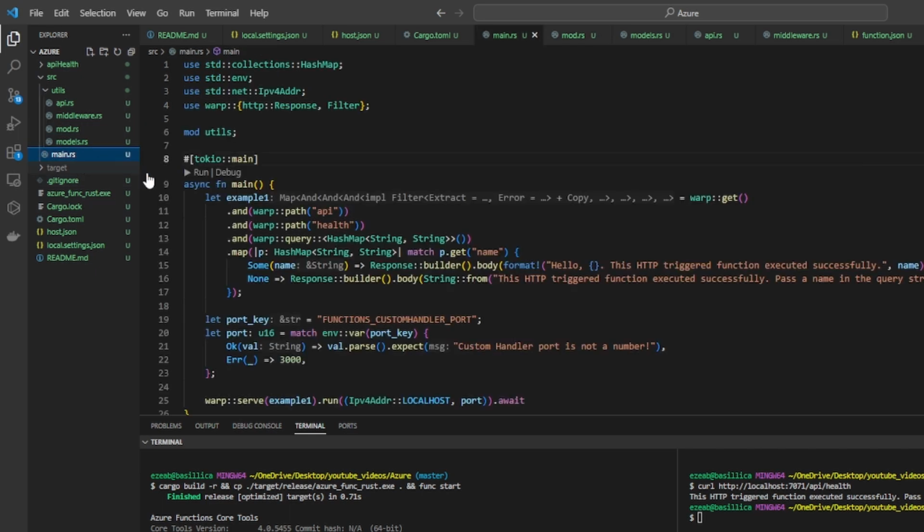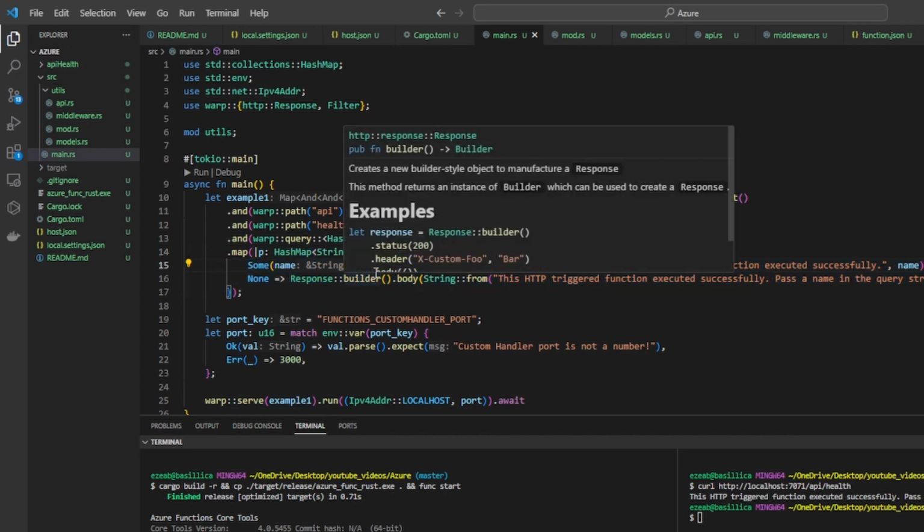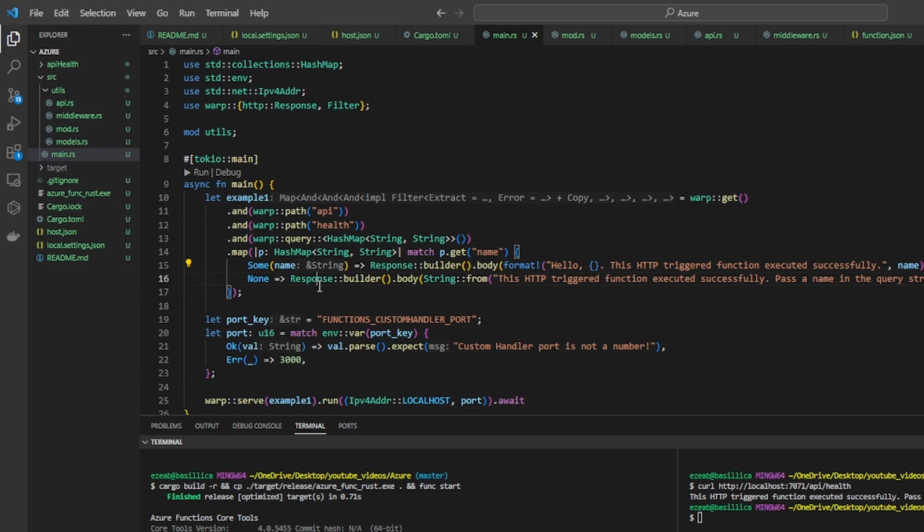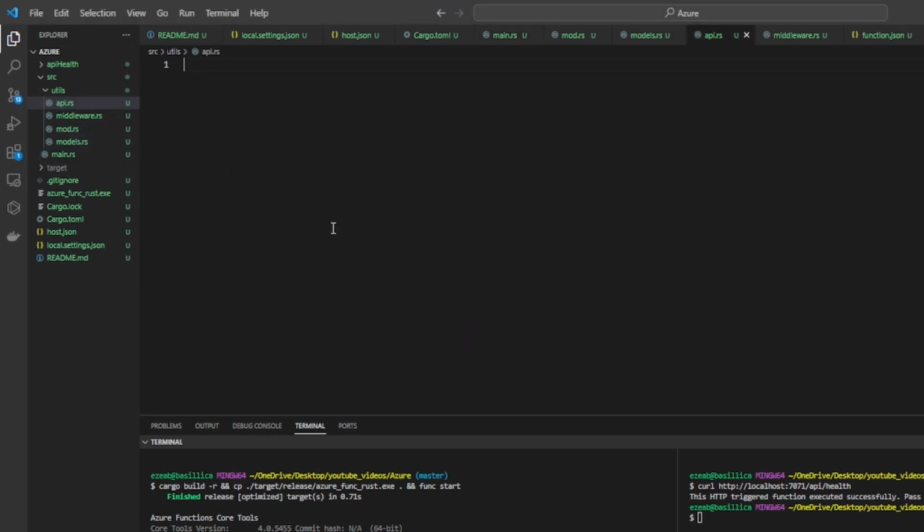So if we come back to main, you could see, for example, this part of the logic is what should happen. This is the service definition, and these parts we need to actually take away from here, and I would like to have it in the file that I defined as api.rs over here. And so I can define a function here, and I can call it health, I don't know, and it will